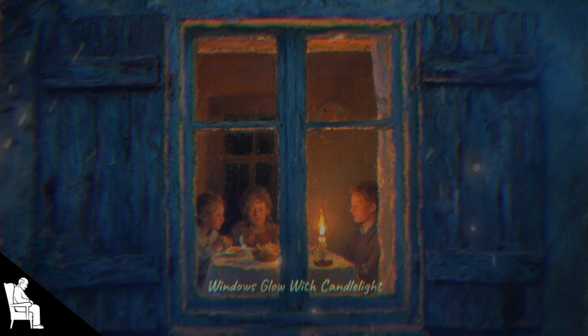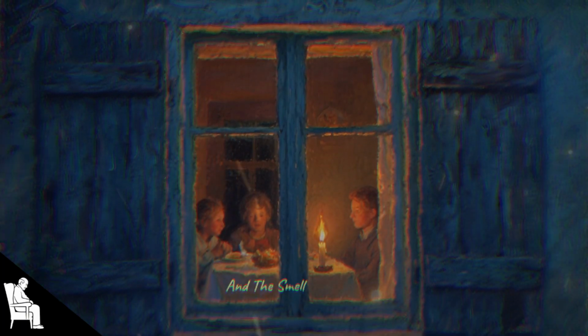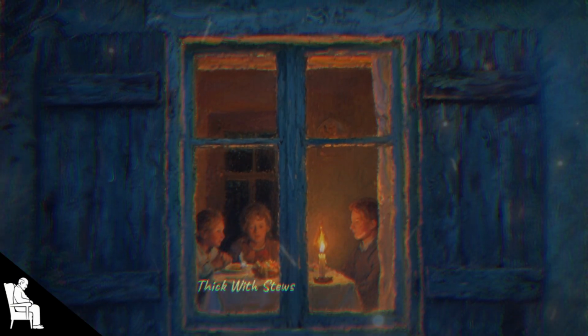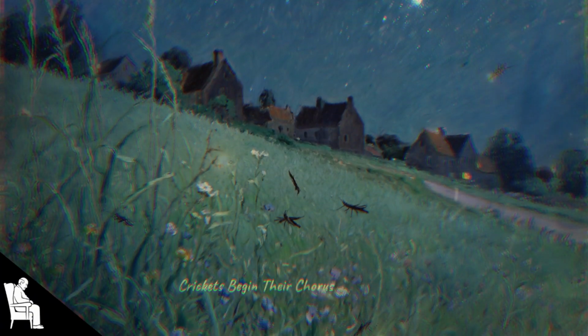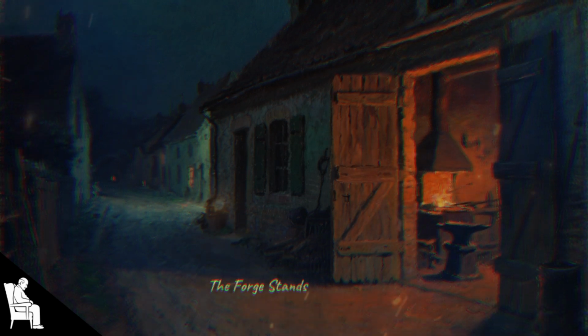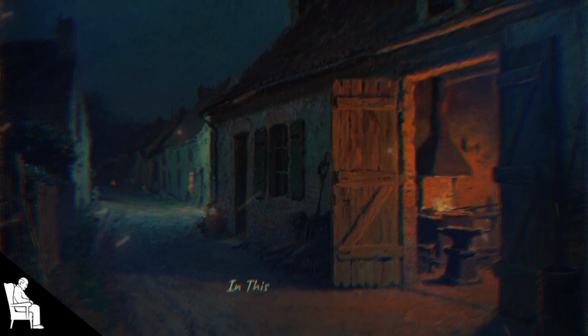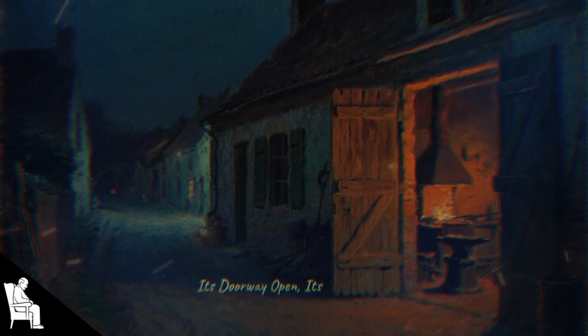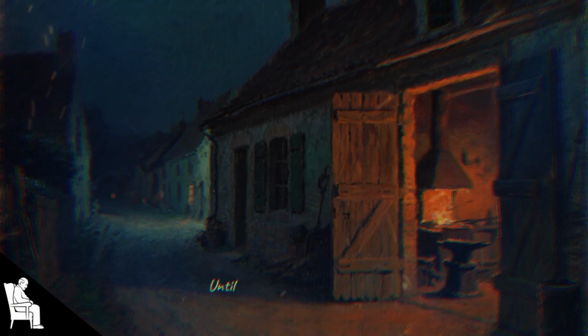Windows glow with candlelight, and the smell of supper lingers in the air, thick with stews and fresh bread. Crickets begin their chorus in the fields, filling the gaps left by the silence of the streets. The forge stands as a pool of light in this darkened world, its doorway open, its glow steady, until even